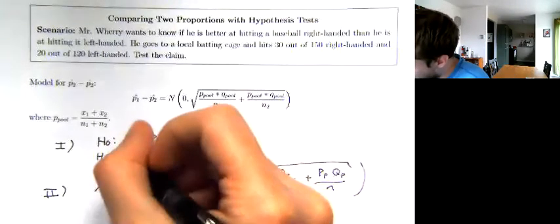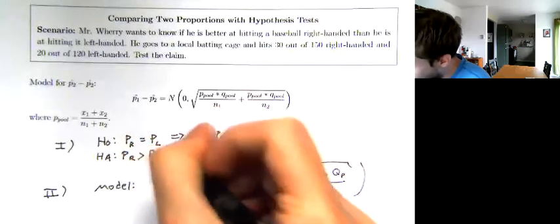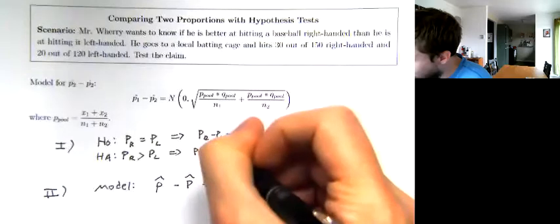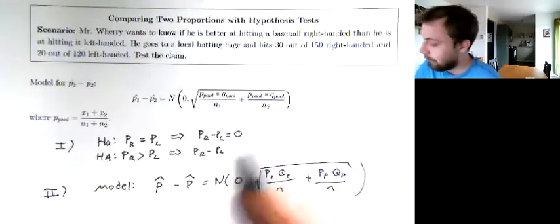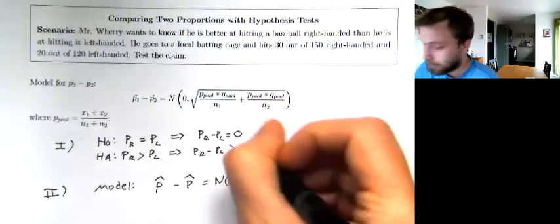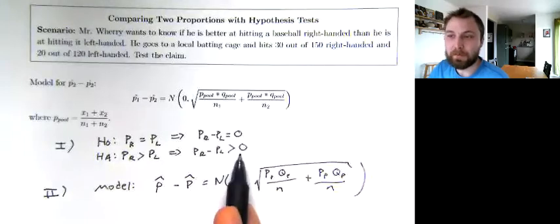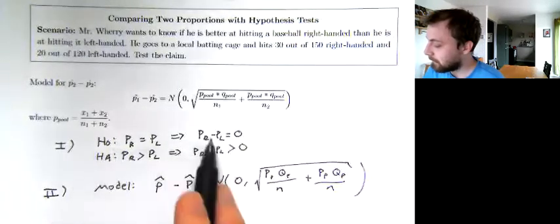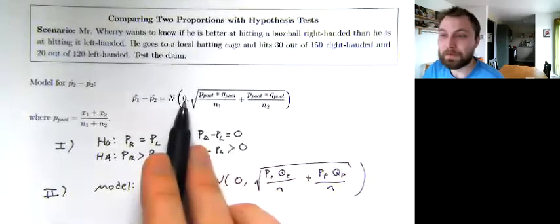Alternative hypothesis, I think I'm better at right-handed than left-handed. Moving this to the other side, this is equivalent to saying if I take the right-handed number minus the left-handed number, I think I have a large number minus a small number. This should give me a positive. So when the time comes to shade, I know this is going to be a right-tailed test. And from the null hypothesis, the claimed difference is 0, which is why 0 is showing up as a center